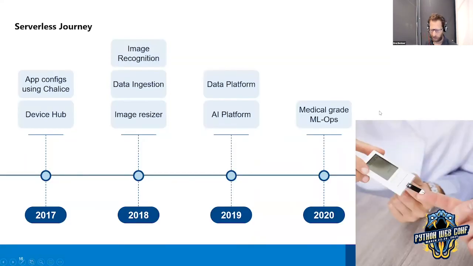Their environment is mostly serverless today, with some managed containers, but definitely modern cloud as I defined it. They started back in 2017, and I'm talking now about the diabetes department.